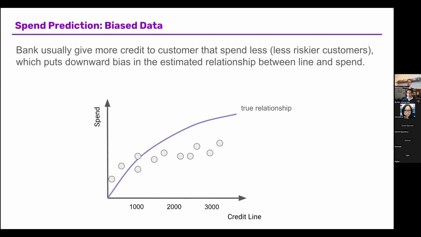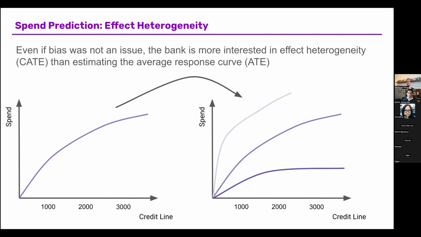Let's say that somehow you deal with the fact that credit lines are not randomly assigned, which causes bias in your data set, and somehow you manage to figure that out. So you can understand the average relationship between spend and credit line, or you can estimate an average derivative of spend with respect to credit line. Still, this is not actually what is more interesting, because we don't really care about the average here. We're not particularly interested in how sensitive the entire market is to credit line. We essentially want to classify people between more sensitive and less sensitive to credit lines.